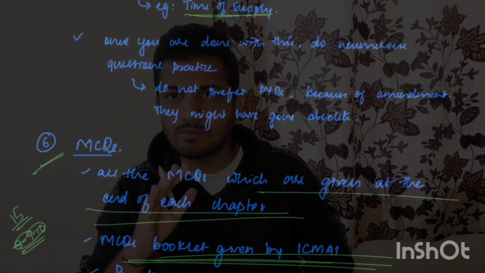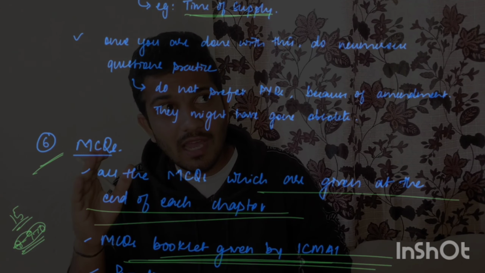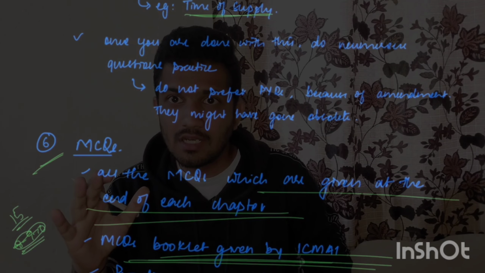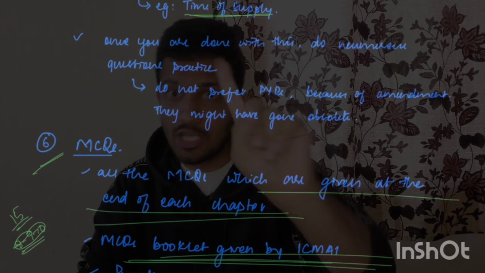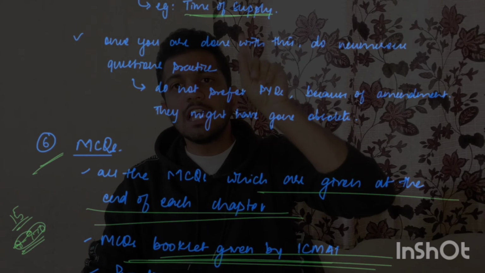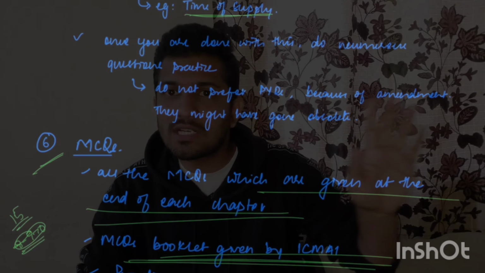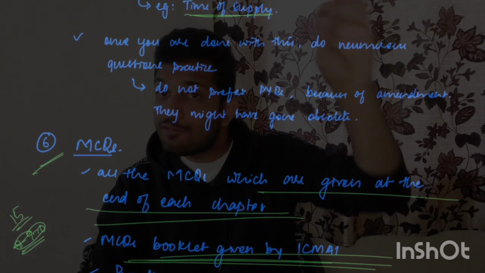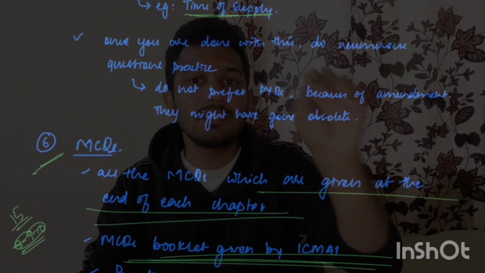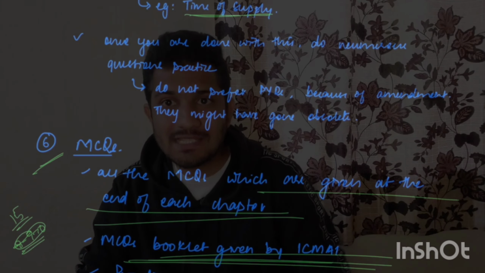I had written all the MCQs for law too. I had written the section numbers as well, right? If you are confident about a section number for law, quote it. If you are not confident about any section number, then don't quote it, because quoting a wrong section number will